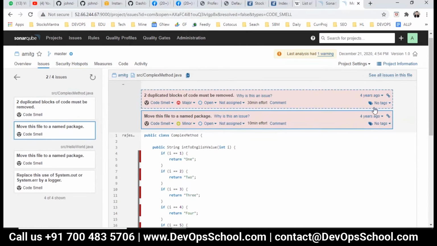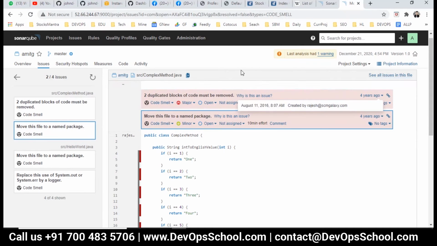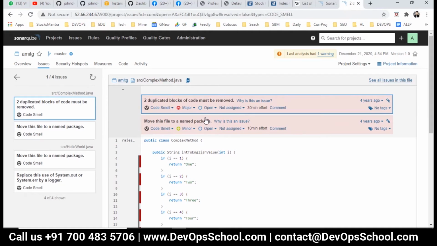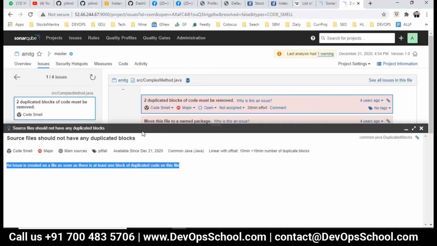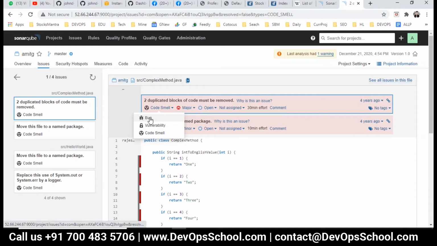So if I click here, see, Rajesh Kumar made these issues at this time. What is the issue? Click on it. Why is this an issue? Can we mark this as a bug or security issue?